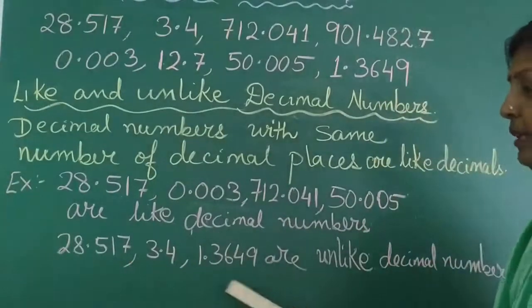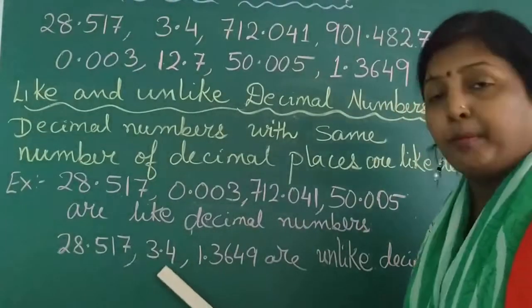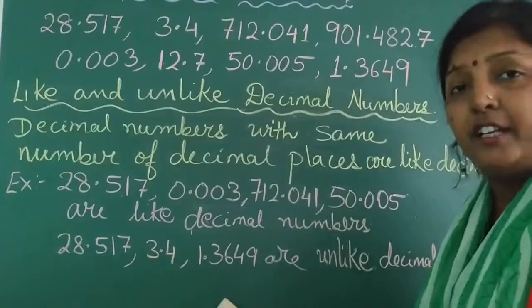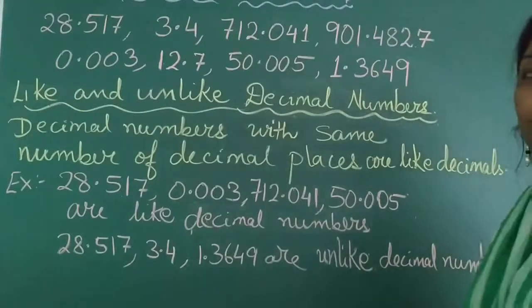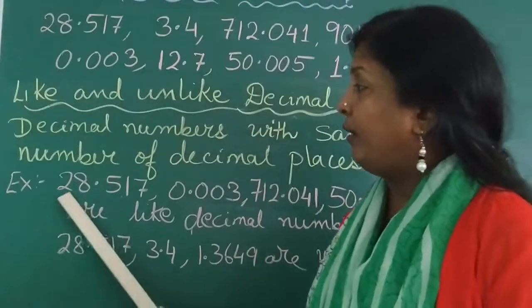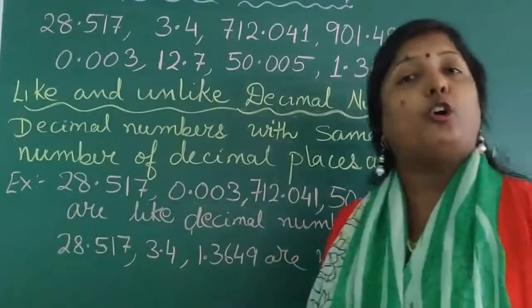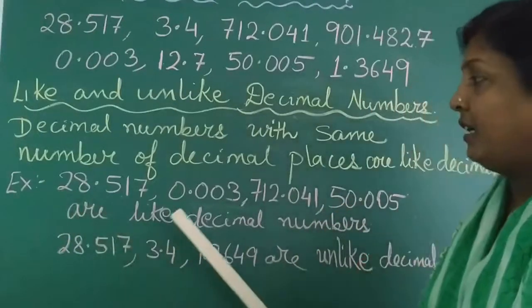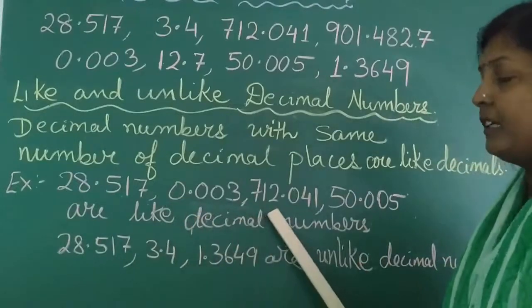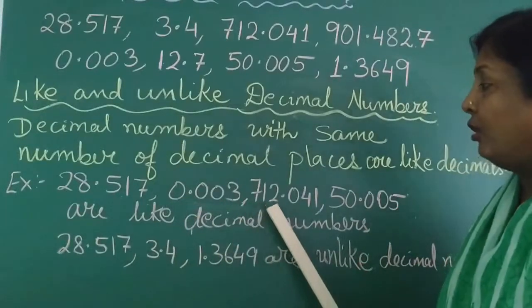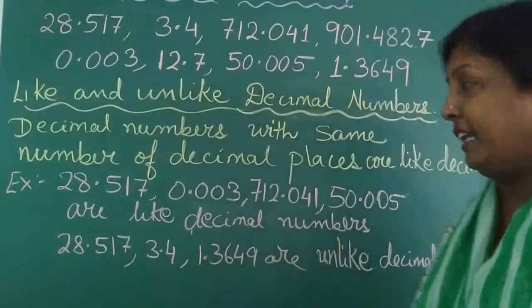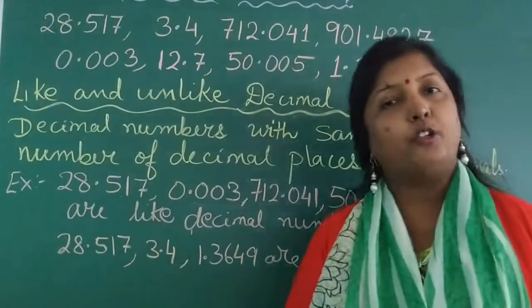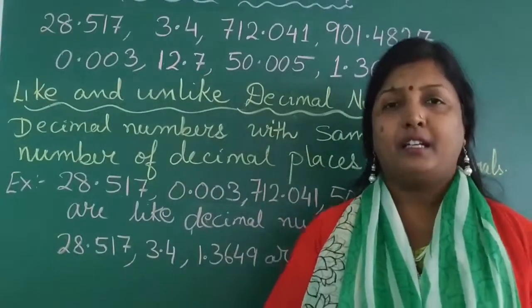Here you can see the example. The decimal place is 3 here, the decimal place is 1 here, the decimal place is 4 here. So because the decimal places are different, it is called an unlike decimal number. So the whole number part, children, is not to be considered. You don't need to take account of what is the whole number part. Say here it was till the 10th place. Here was only the 1's place. Here till 300's place. So this does not decide like or unlike. The like and unlike is decided by the decimal places. I hope you could understand what is like and unlike decimal. Let us go next about.